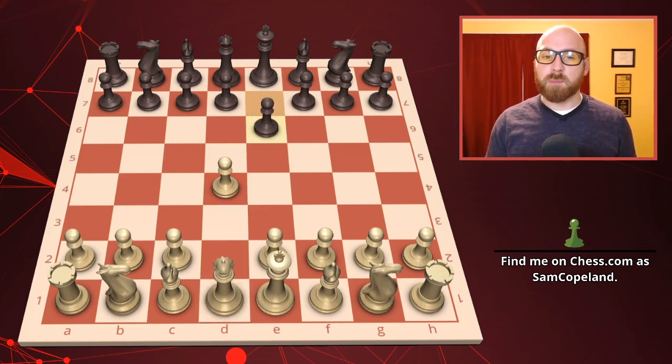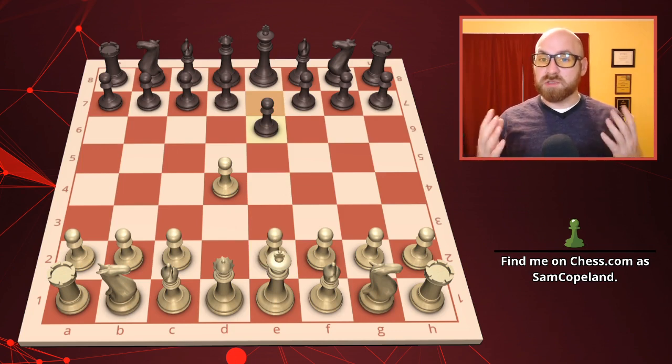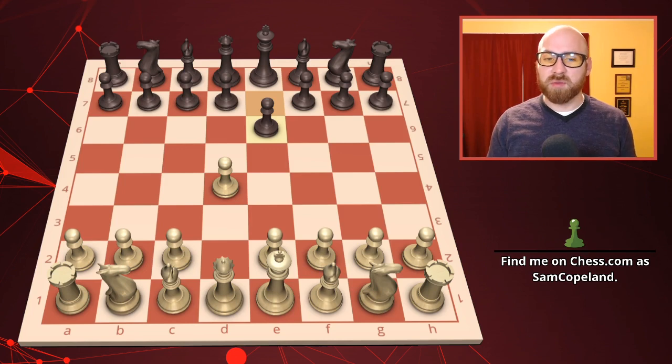So Black plays now pawn to e6, which is a good move that does let out the bishop and does prepare to push some pawns to stake a claim in the middle of the board. But it's also a move I can't recommend for beginners because you have to be ready to play the French defense if White plays e4. There's nothing wrong with that. It just means that you have to be very flexible and know multiple opening systems, which is challenging when you're a beginning or intermediate player.